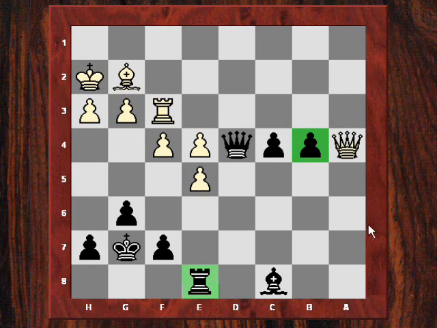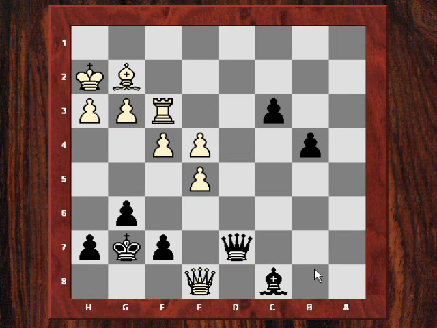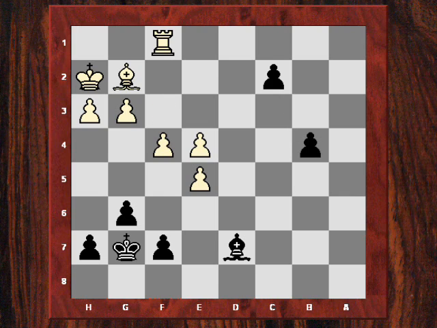which was completely underestimated by Rybka. c3. And it's a phenomenal idea here that if queen takes e8, Kasparov would simply play queen d7, winning in all variations. Because queen takes d7, bishop takes d7, and the pawns cannot be stopped in this position. For example, rook f1, c2, and now the threat is b3, b2, and queening. And if White tried to get, say, a bishop to e4, it would still be hopeless.